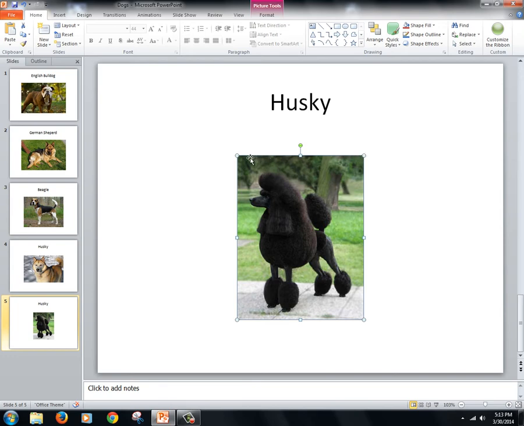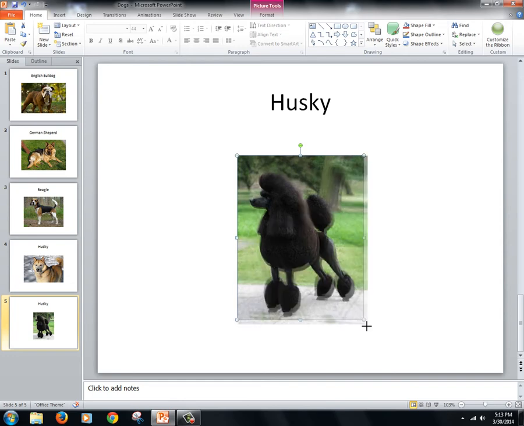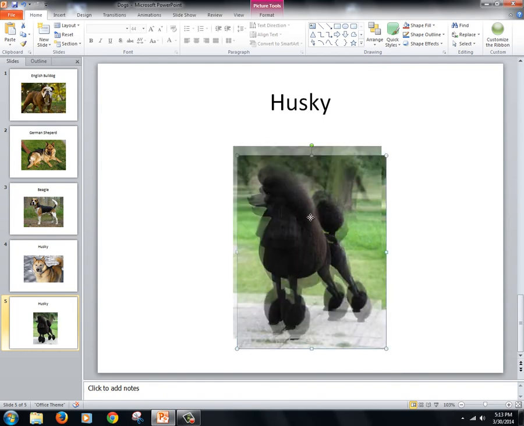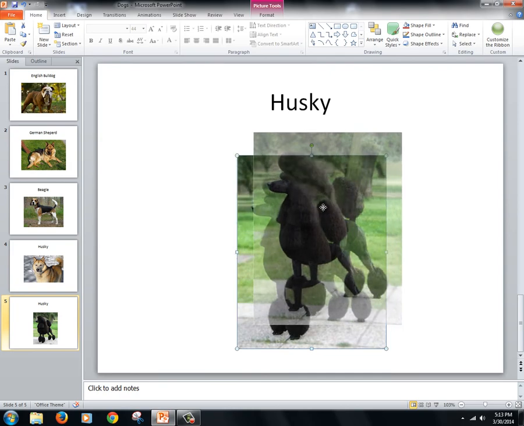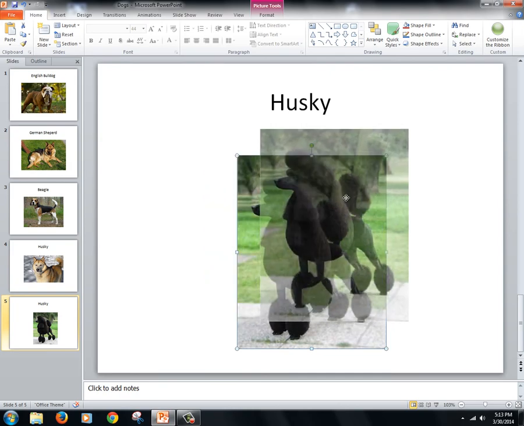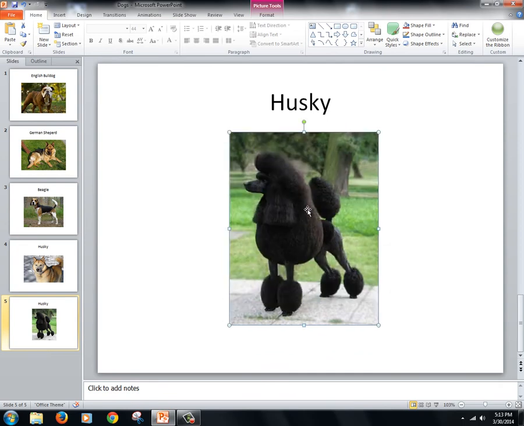I can click on any one of the four corners, just hover over that corner and left click, hold it, and drag it to resize it the way you want to size it. You can click in the picture, hold that left button down, move the picture wherever you want to move it,